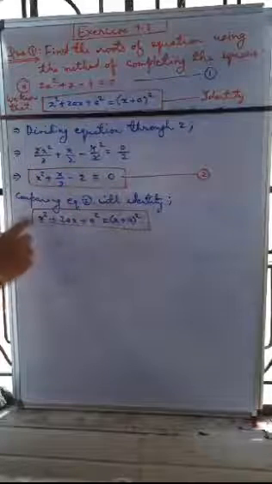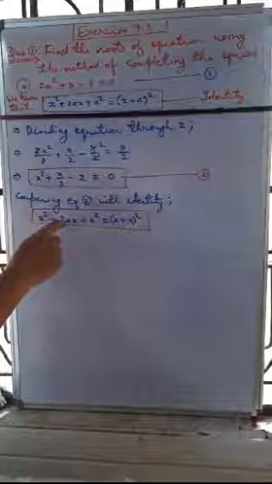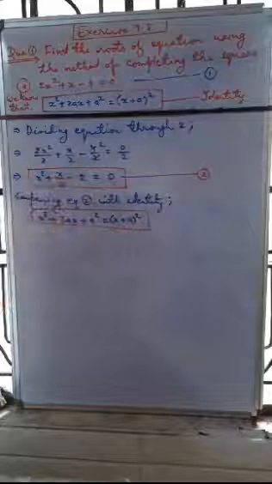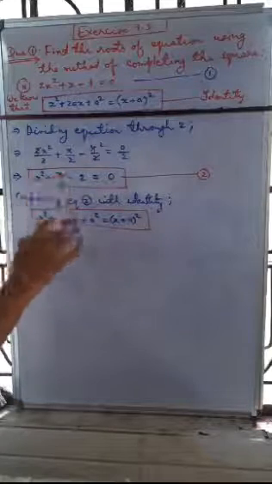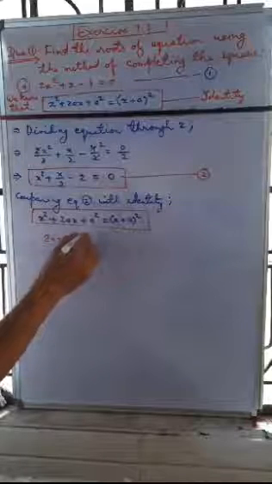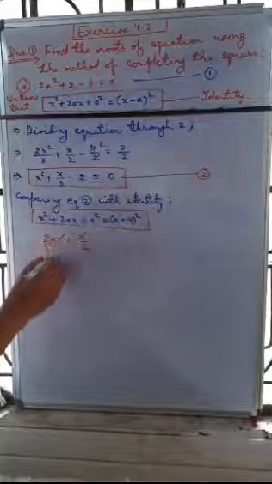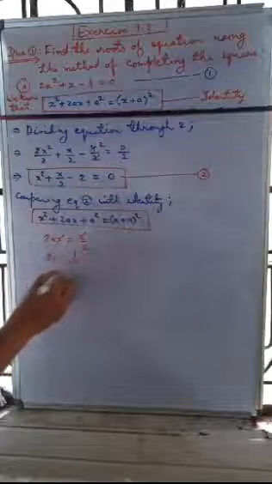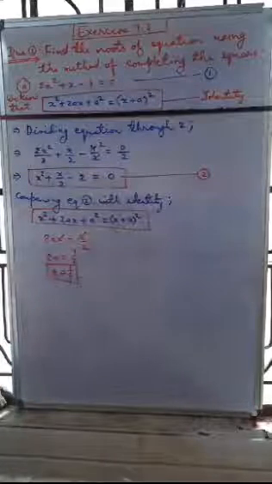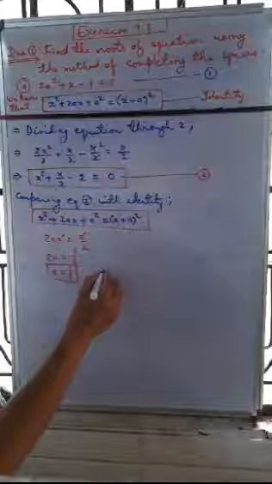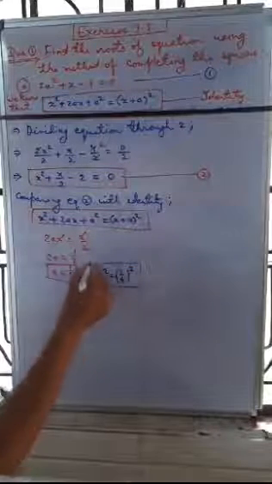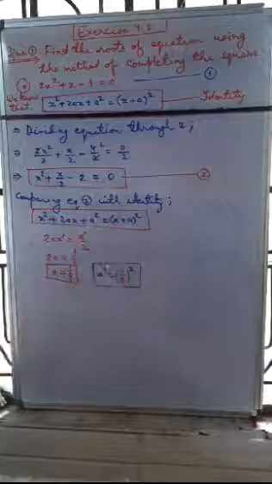So we will compare both equations. x square is the same. That means the coefficient of x is 2a here, and the coefficient of x is 1 by 2 here. So we can compare the middle term. So 2ax is equal to x by 2, x cancels. So we can write 2a is equal to 1 by 2, and a is equal to 1 by 4. So now we can write a square. a square is equal to (1 by 4) whole square. If we are squaring it, a square is equal to (1 by 4) square.